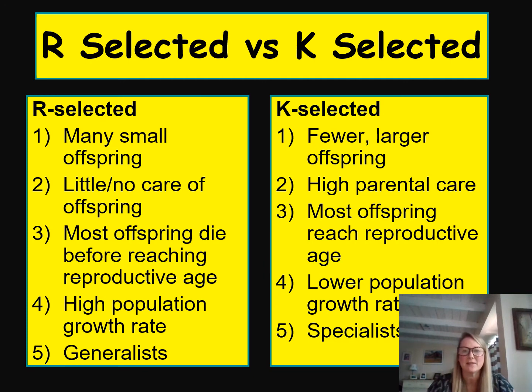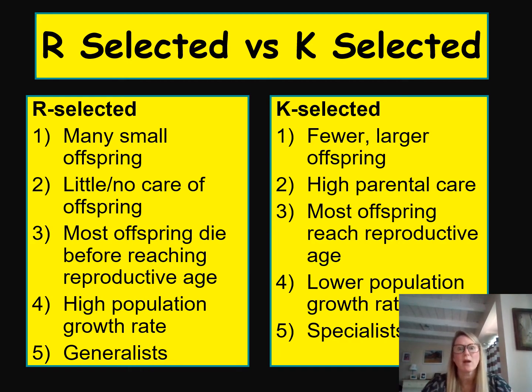Of course, you're going to find species that fall in between, but most of the time it's either one or the other. The way I like to remember it, R stands for roaches or rabbits. Just think of it that way. Because roaches and rabbits tend to have a lot of offspring. They don't take care of their offspring. K, on the other hand, I like to think of as the killers because they are oftentimes the predators, right? The predators, the larger organisms, only have a few babies at a time. They really take care of them to make sure that they reach their reproductive age.